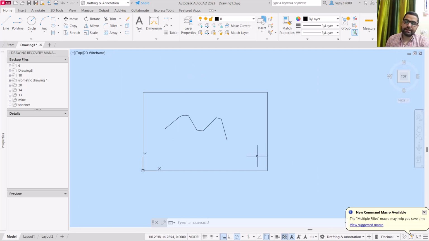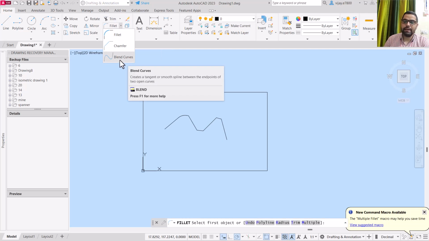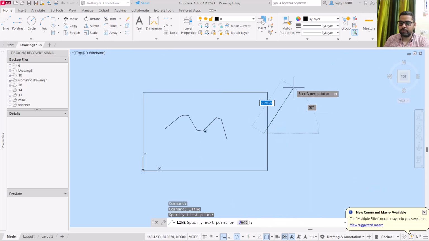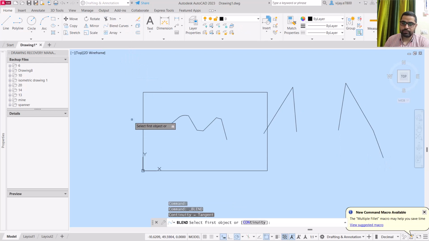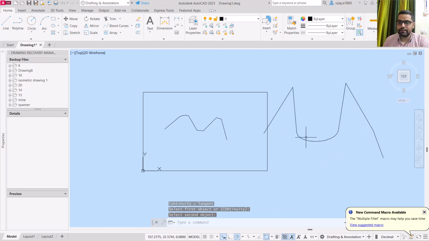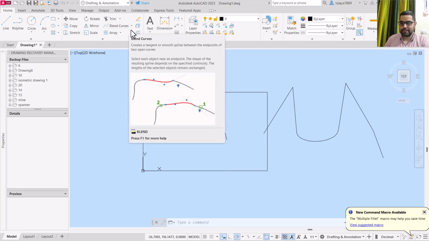So I hope fillet and chamfer they are clear. Now there is one more option that is there which is used for curves. Okay, so we can blend curves, like suppose that I have drawn one line, set of line here, another set of line I'm drawing at this particular option like this. Now we can go to blend curve and we will have to specify the first object and then second object, and you will see that a curve is blended in this particular drawing. Okay, so these are the commands that you will see near the same fillet option: fillet, chamfer